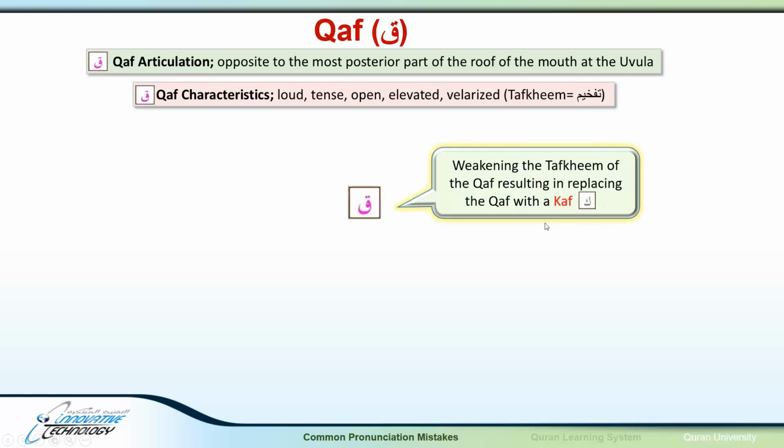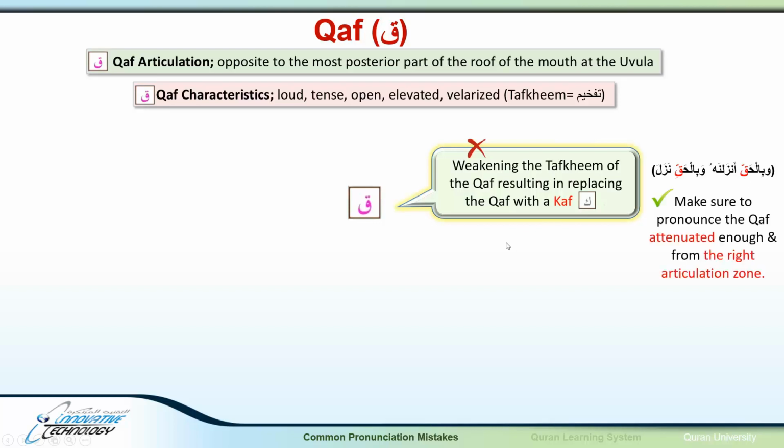So an example of that would be وَبِالْحَكِّ أَنزَلْنَاهُ وَبِالْحَكِّ نَزَلْ. Actually, we are replacing the qaf with a kaf. So saying بِالْحَكِّ instead of بِالْحَقِّ is wrong. And the right way of pronouncing it is like Sheikh Al-Husari's pronunciation in here. وبالحق أنزلناه وبالحق نزل. بالحق is right, بالحك is wrong. You have to make sure to pronounce the qaf attenuated enough and from the right articulation zone to differentiate it